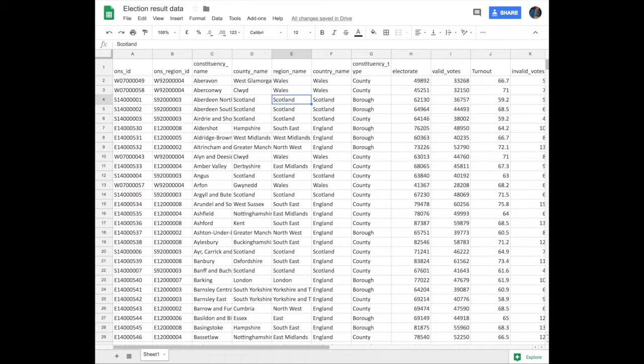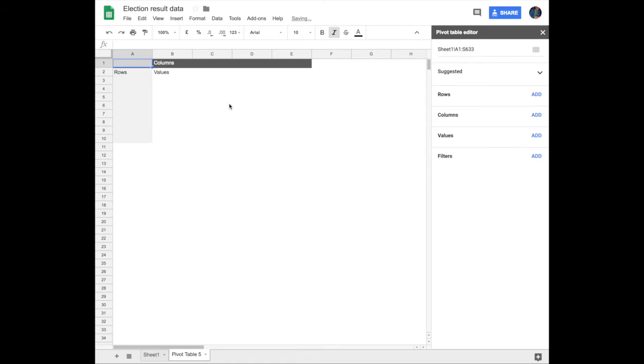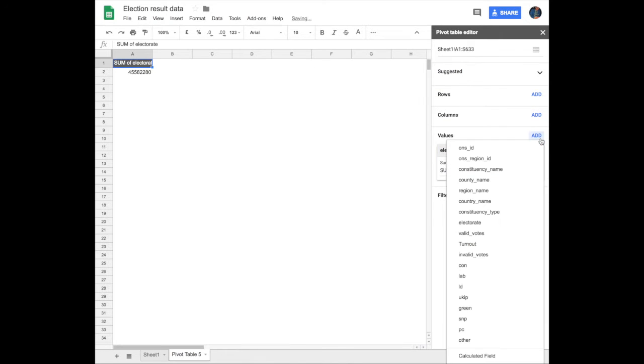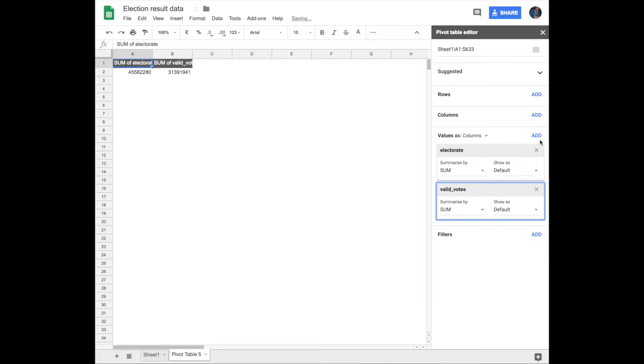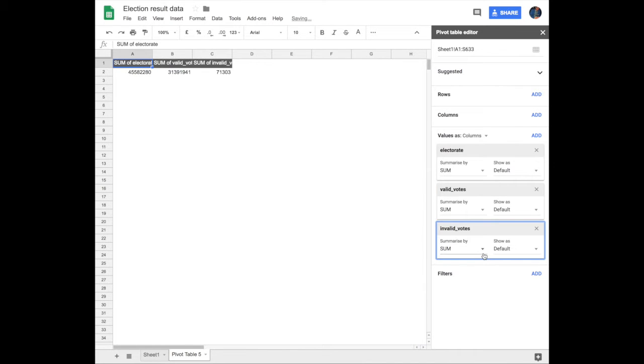We start by clicking Data and then Pivot Table. This takes us to a new page with what appears to be a new interface. We will start with adding the three values we need to get turnout. Those are electorate, valid votes, and invalid votes. When you add these numeric categories to values, the pivot table will give you the sum total